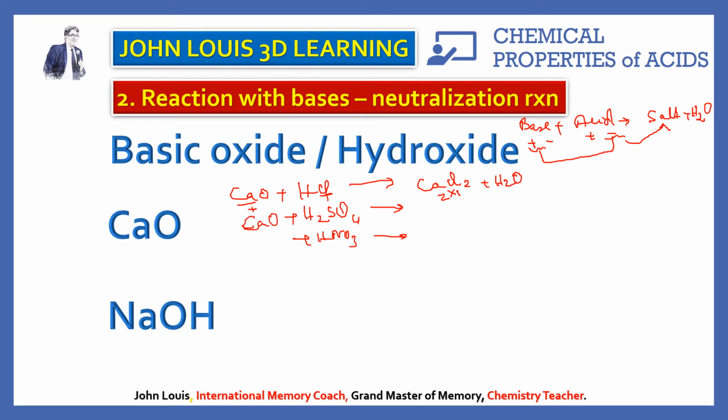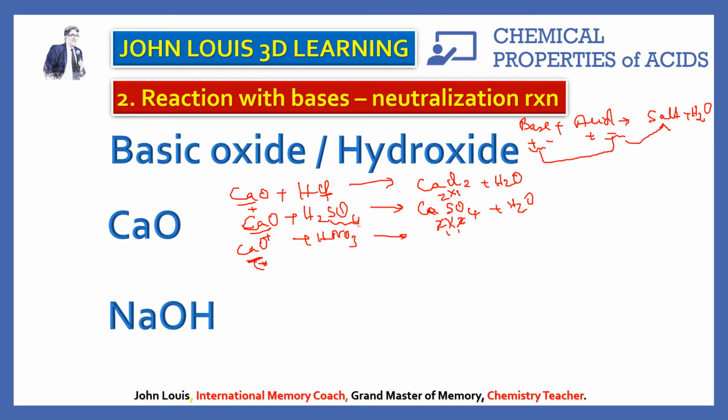Now you take the same calcium oxide but change the acid to sulfuric acid. What is the positive ion in the base? Calcium. What is the negative ion in the acid? Sulfate. Therefore you get calcium sulfate, CaSO4. The valency of calcium is 2 and sulfate is also 2, therefore they cancel, 1:1. When you interchange you get Ca1SO4 1, that is CaSO4, plus H2O. You balance on your own.